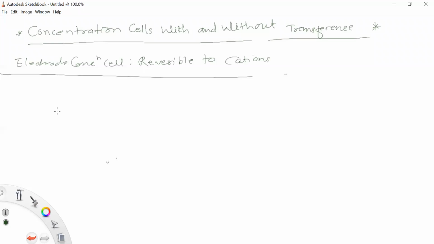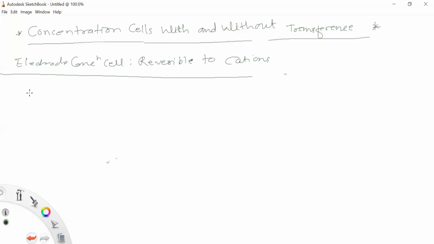Okay, so if you consider the cell and construct the cell from this, we focus on the point that is the concentration difference between these two electrodes. Unless and until one of the electrodes is gaseous or one of the electrodes is an amalgam electrode, only then do these two electrodes have some concentration difference, right? So one of the electrodes here is an amalgam electrode, and we are using the same metal for both.